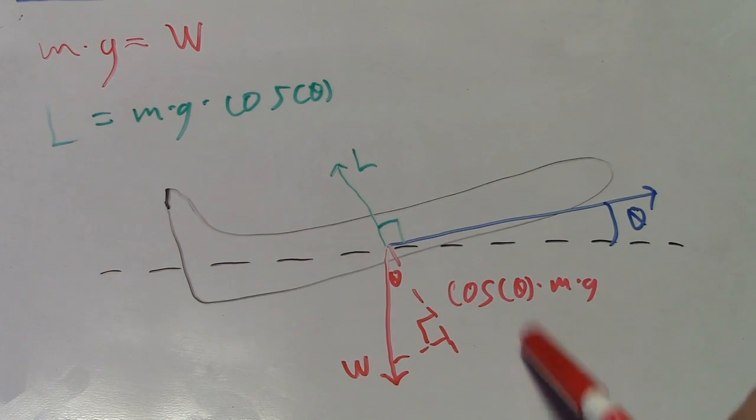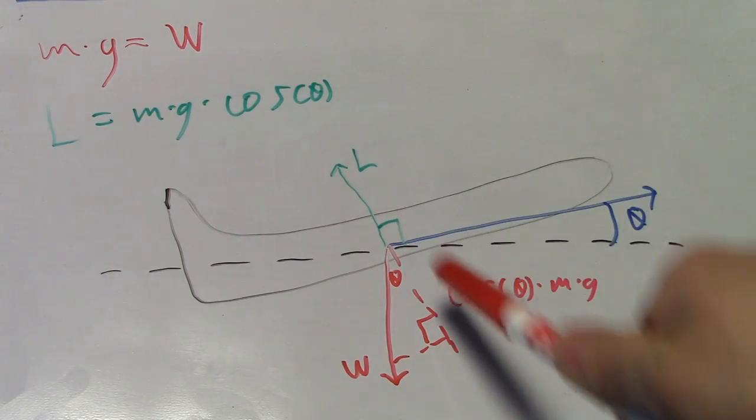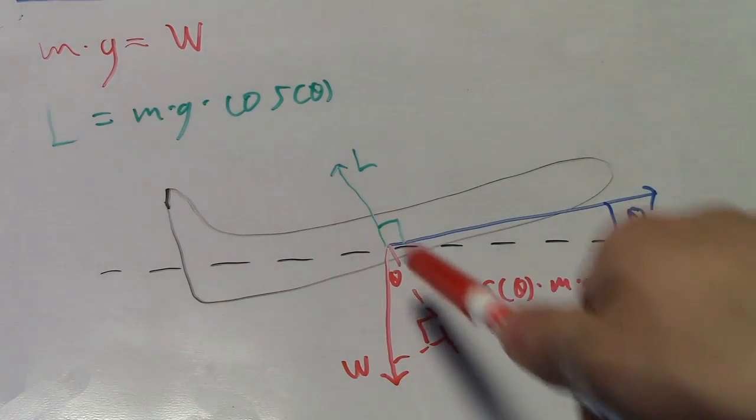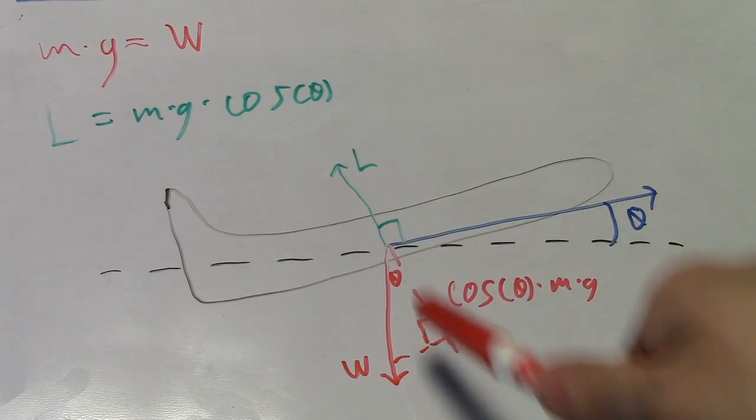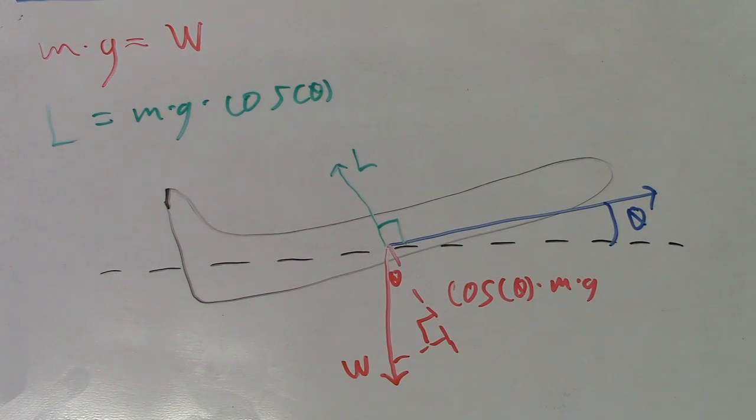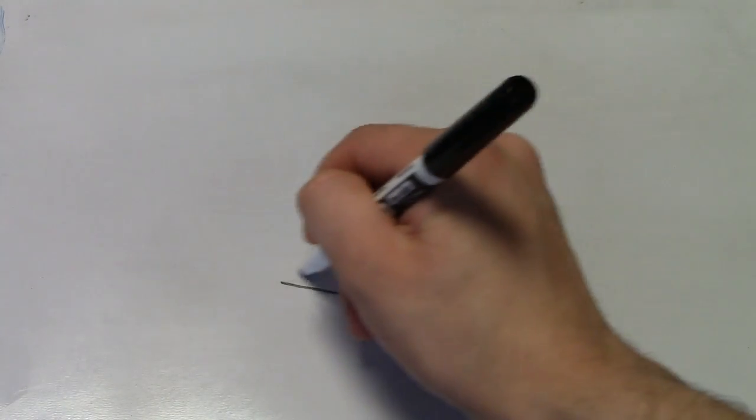Now, as you're going to see, lift only needs to counteract this component of the weight, because it can only counteract what it is parallel, or anti-parallel in this case, to. This other component of the weight, which is the sine of theta times mass times gravity, is counteracted by the thrust. Now, if we take the cross-section of a wing, we find what is known as an airfoil, and this